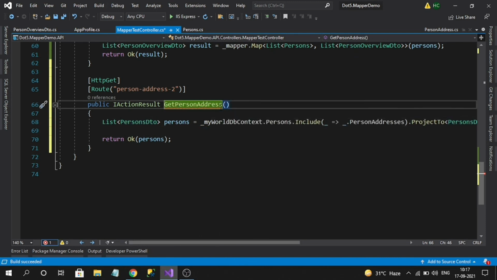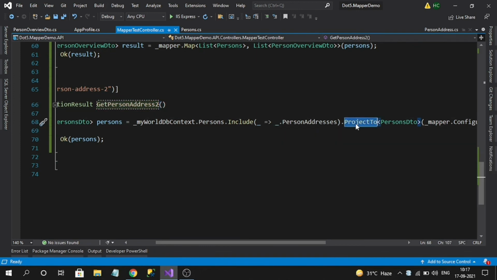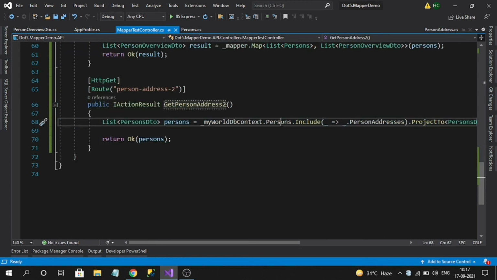Let's rename this method. See, from this we can understand we directly in the iQueryable query directly implementing the AutoMapper. So if you recall here, person is parent and person address is child. That also automatically get mapped and we will get the result. So let's run the output.